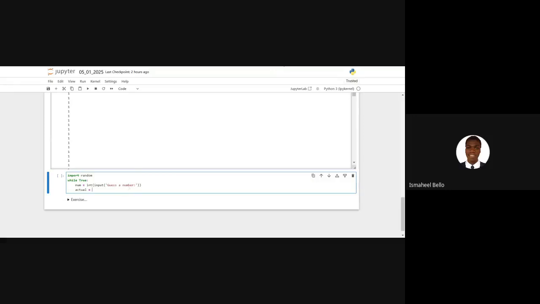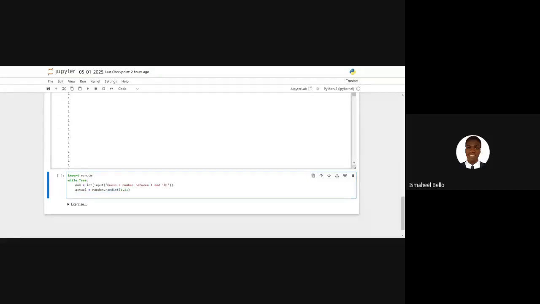Now, in this case, we have several libraries that you can use to generate a random number. In this case, I'll just make use of random. This random will generate just a random number. Now let's assume the guess is a number between 1 and 10. This should be up to 11 because 10 will be inclusive. So we are going to print the actual number so that it will not be as if we are having a kind of